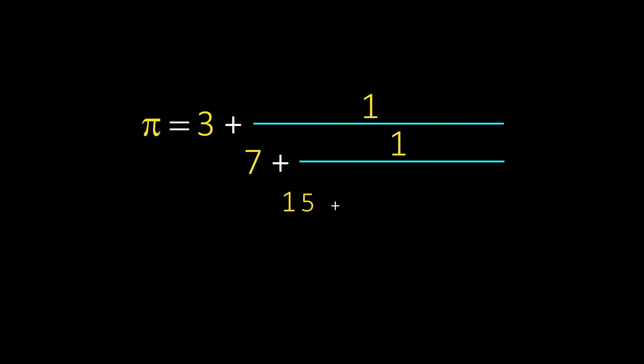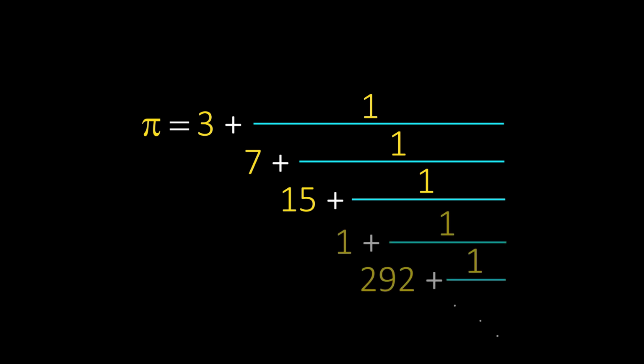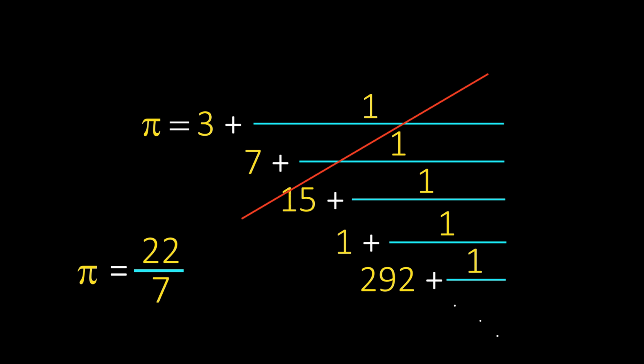Now let's find out which number is the most irrational number. We know that pi can be written as 3 plus 1 over 7 plus 1 over 15 and so on. If you chop the continued fraction at a certain point, you get an approximation. If you chop here, you get pi equals 22 over 7. It's a good approximation for pi. Now if you chop here, 1 over 292 is a very small number, so pi is well approximated a step before